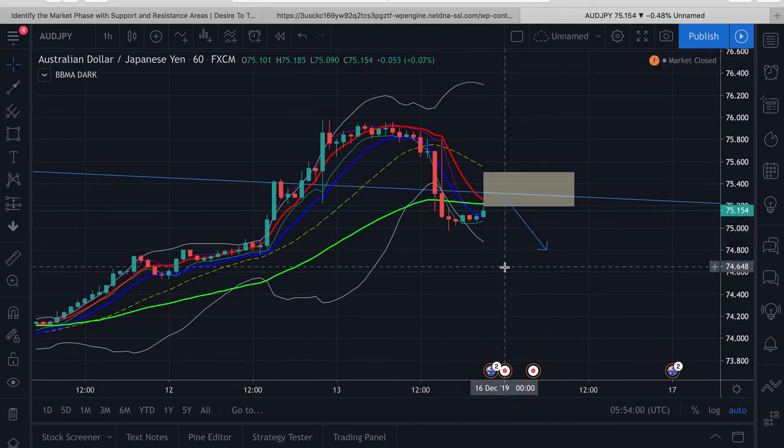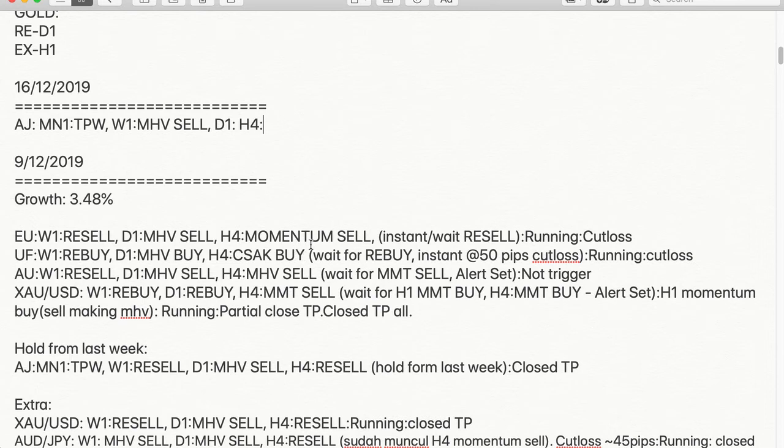So I have to say that AJ is a very tricky situation, but overall what we need to do is, this looks like a rebuy. H1 is already momentum sell. So this setup is a bit tricky, but the most important thing that we need to know before we enter this